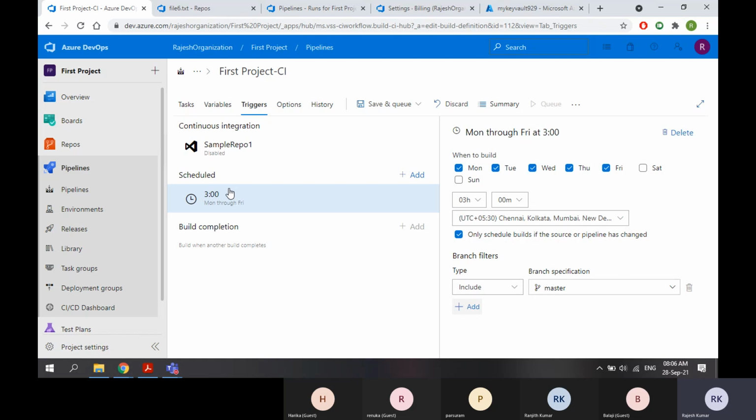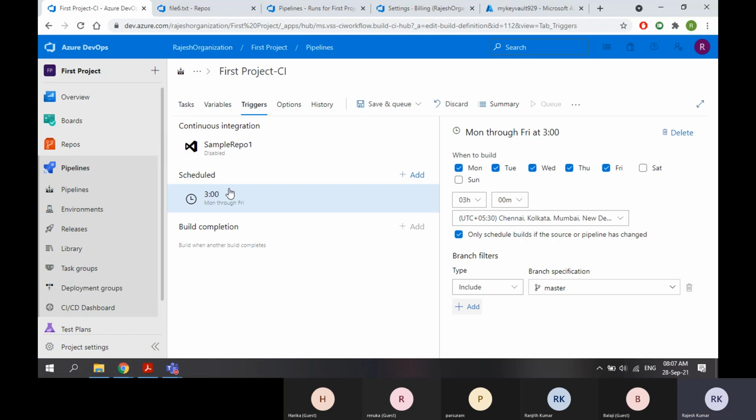When you run it 100 times, there will be a lot of conflicts. When you are running one pipeline, the other pipeline will not start. So when another user is doing some changes, the user cannot do changes. So there are some conflicts. So what will you do? You will not enable the CI trigger. You will enable a schedule trigger outside of office hours. That means 5 o'clock your office is done, 6 o'clock everybody has left, so you will create a schedule at 7 o'clock or 8 o'clock in the evening.